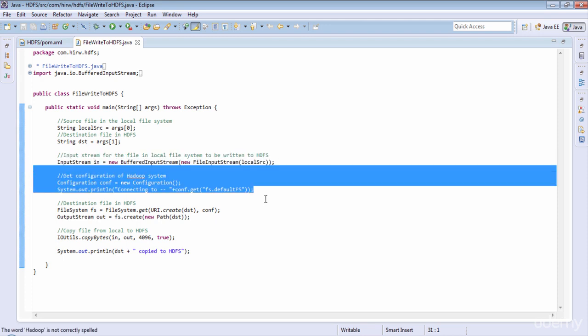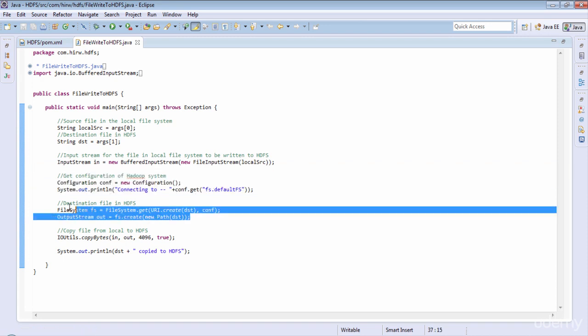The very first thing we need to know is a few key pieces of information about the cluster, like the location of the name node, etc. The details are already specified in the configuration files during the cluster setup. We'll talk more about the configuration files and the setup in our architecture chapter and also in the cluster setup lessons. The easiest way to get the configuration of the cluster is by instantiating the configuration object. This will read the configuration files from the class path and load all the configuration information that is needed for